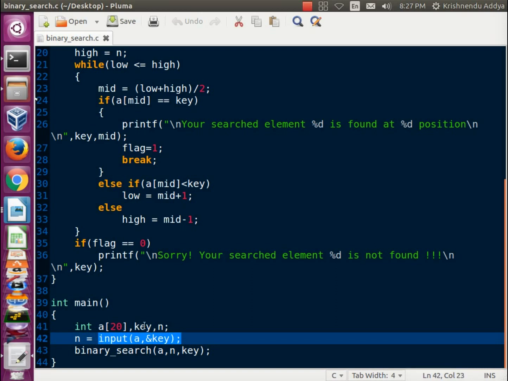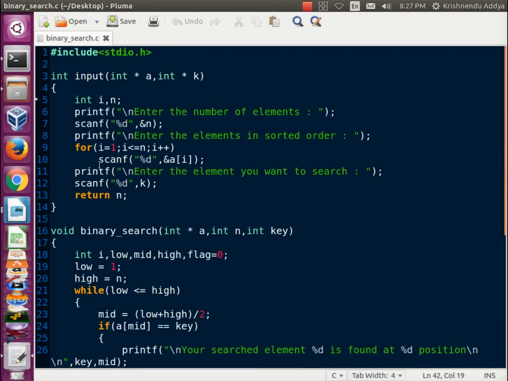So we'll go to the input method. In the input method we are taking the number of elements and storing it in n. Then enter the number of elements in sorted order. We are taking the elements from 1 to n and storing them, and then we have to take the element we want to find: enter the element you want to search.